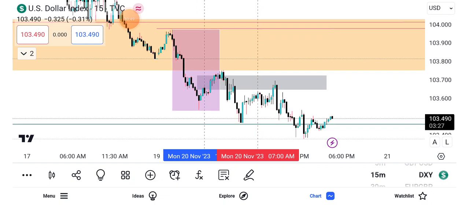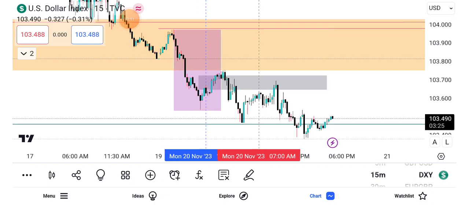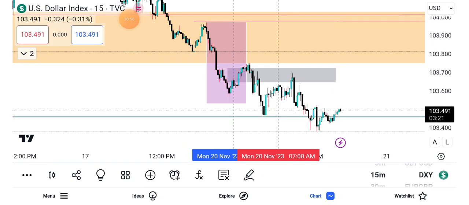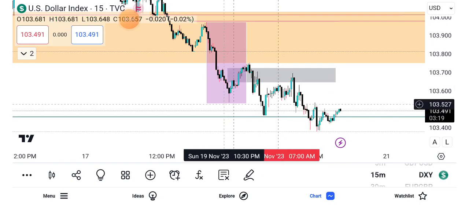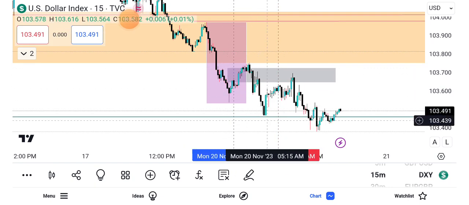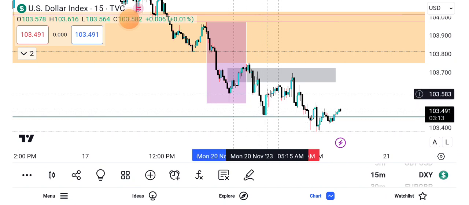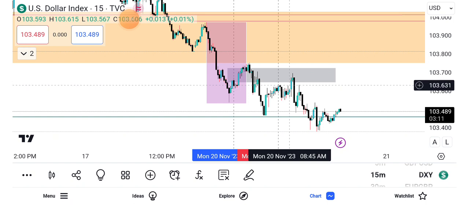So we can see what happened. The Asian highs have not yet been cleared. So we had this low here, the market retraced again, took the liquidities, this Asian liquidity, then the market retraced